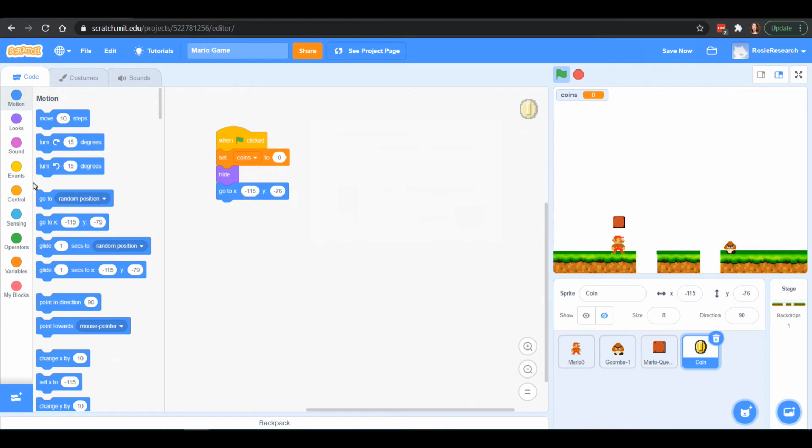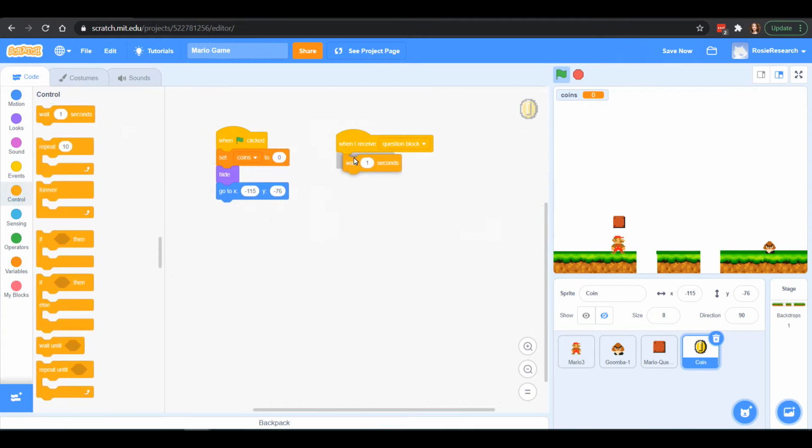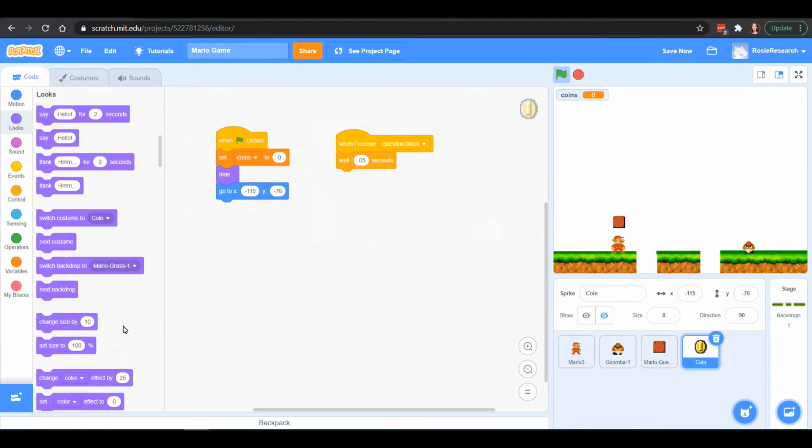But we have this great thing that's broadcasting anytime that this question block is hit. So we can also do something for when this coin receives question block, because that's when I want it to show what it is. So at this point, we are going to give it a little bit of a wait. And the reason for that is that broadcast can take some time, and whatever we put down here in the code, I've noticed that if I don't have a little wait here, I get a lot of coins all at once. So I just put in a really fast wait,